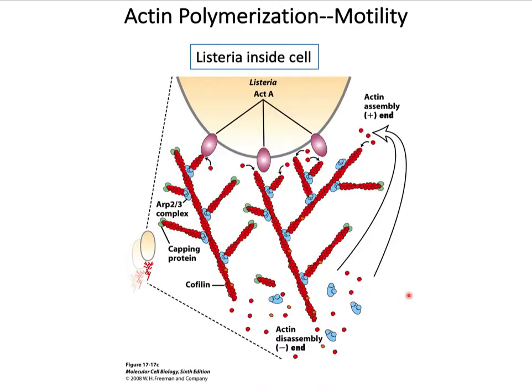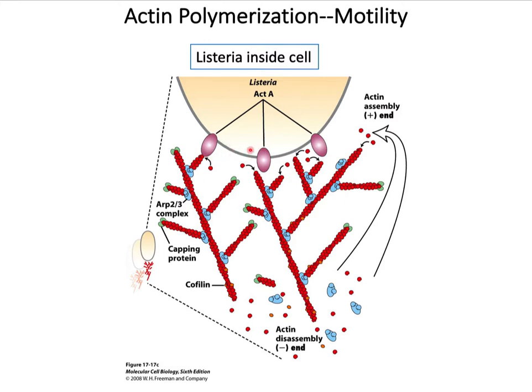So how is this happening at the molecular level? As it turns out, Listeria has on its cell surface another protein known as ActA. This is shown as the pink circle here, and ActA is a very potent activator of the ARP2/3 complex. Remember, a few slides back I told you that the ARP2/3 complex had to bind to the nucleation promoting factor, NPF, for its conformational change, and once the conformation is changed, it can bind to the side of the actin filaments. Well, as it turns out, ActA will activate the ARP2/3 complex, and in doing so,